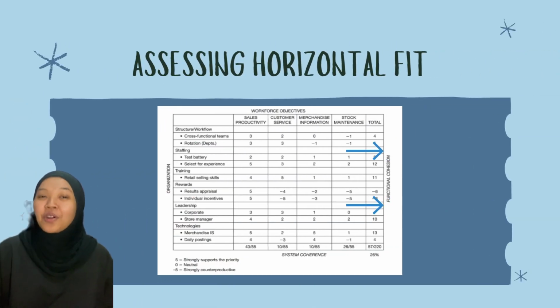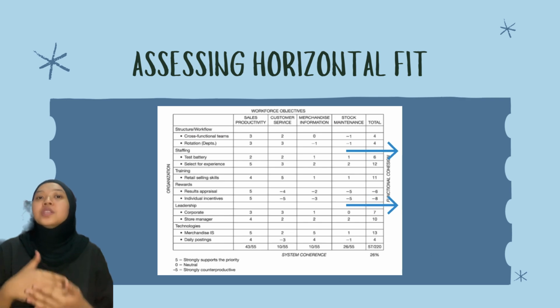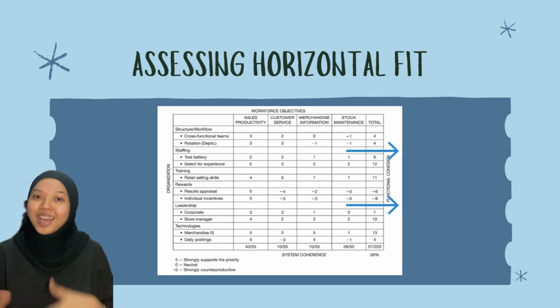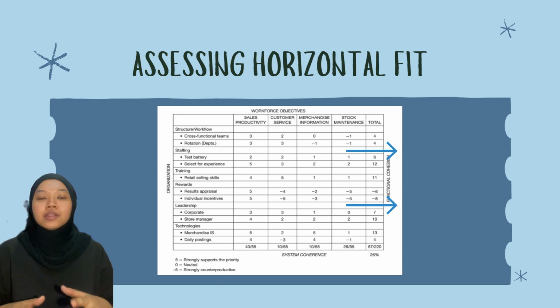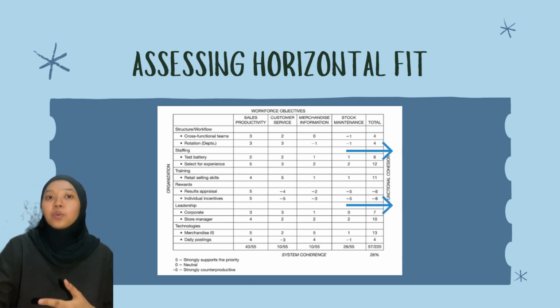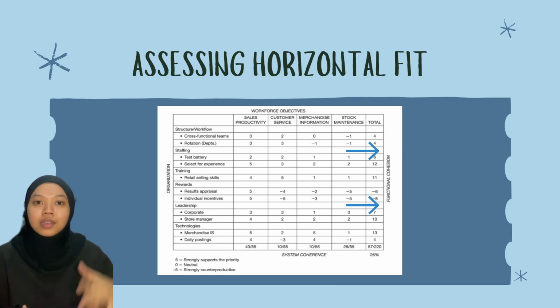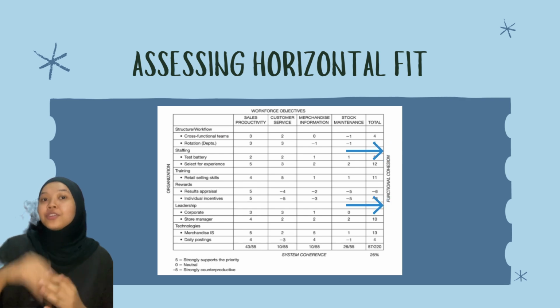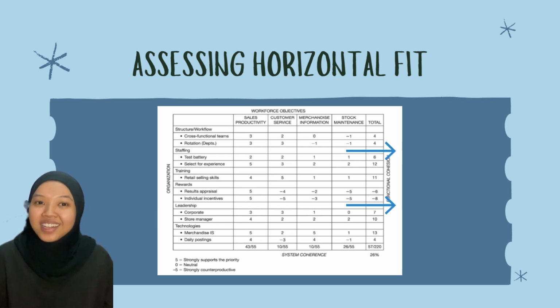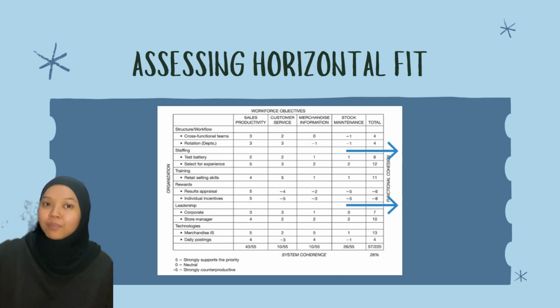This is an example of horizontal fit that I explained before this. Assessing horizontal fit in the context of strategic management involves evaluating how well different functional areas within an organization align with each other to achieve overall strategic goals. In an organization, different roles or departments work together and make sense. The form is set up with the questions on the left, as you can see, and the answers on the right side. Finally, they will tally up all the departments that fill out the form until they obtain a percentage. This way, it can make sure that